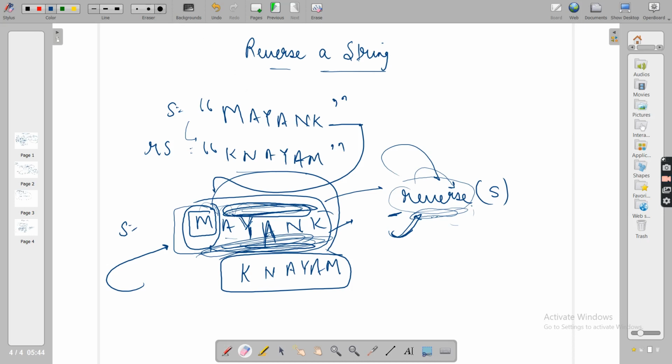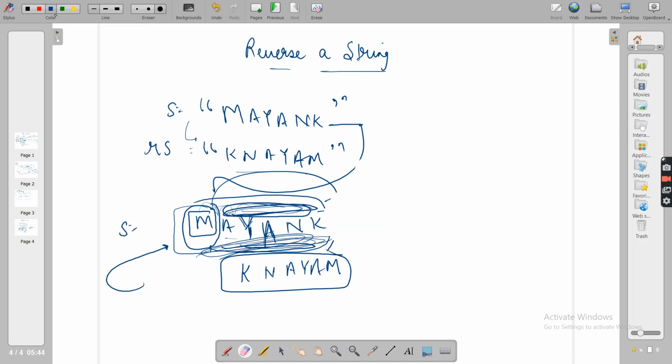Let me just erase this. I'll just write out here itself. We saw everything like induction and base step, and I'll let you know again here. If I have to return a string from that reverse function, the return type would be string. All right, and the argument will also be a string. And see guys, there are many ways to write this function, but I'll try to keep it simpler. I won't reduce the size of the string at every step. No, let's keep the string size the same as it is.